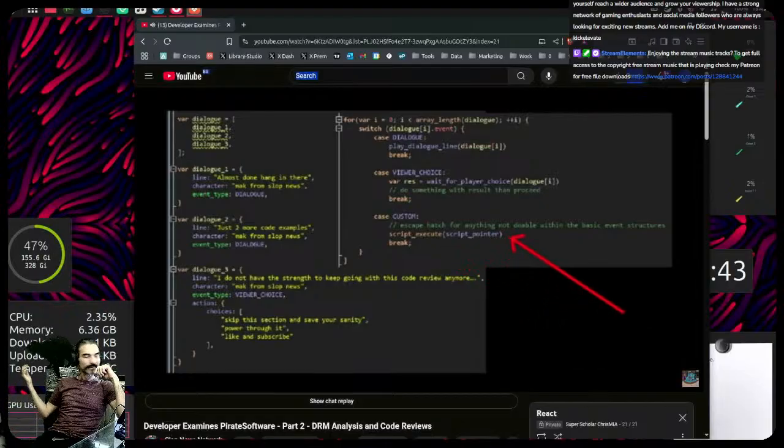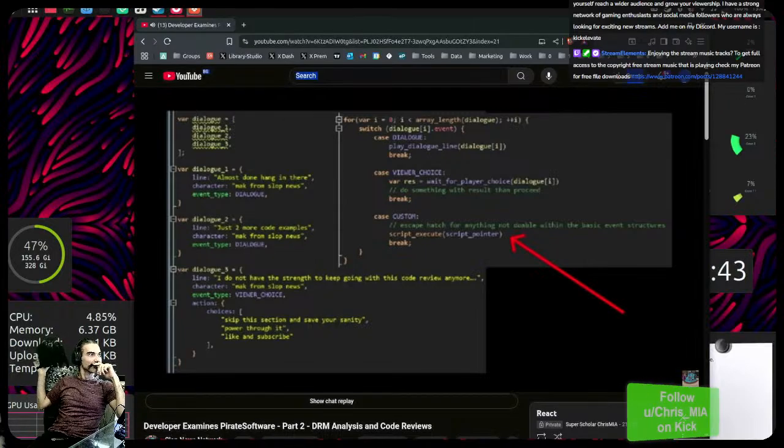So let's say we needed to do something crazy that requires an escape hatch. Well, that's also incredibly simple, since in GameMaker we can set the value of the dialogue struct to another script and call it with script execute. With this, we have reduced over 1,000 dialogue cases into a handful that are easy to reason about and extend. Since this is a separate example, I'm not going to dive into this anymore. Okay, with all that out of the way, I think we can start closing up the code review, and I can start going over my comments.